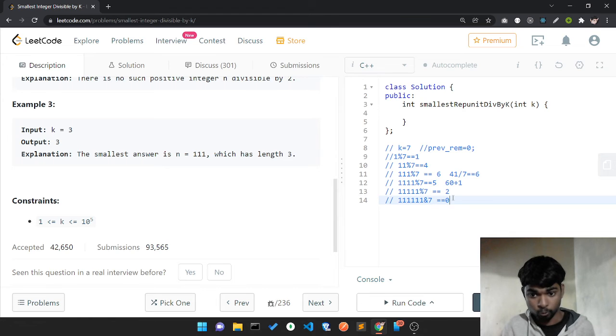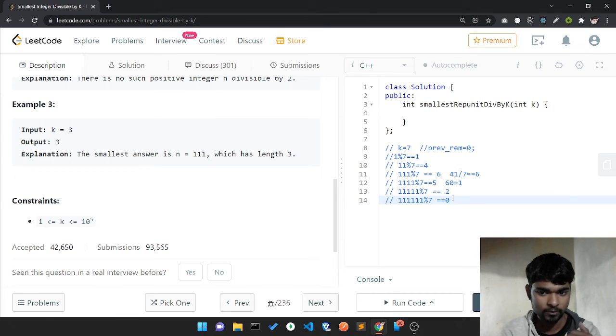So it's better to know that in the modulo, after a certain limit, it's going to repeat itself. So what is that certain limit?